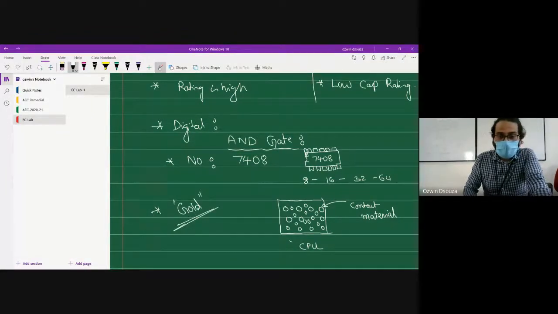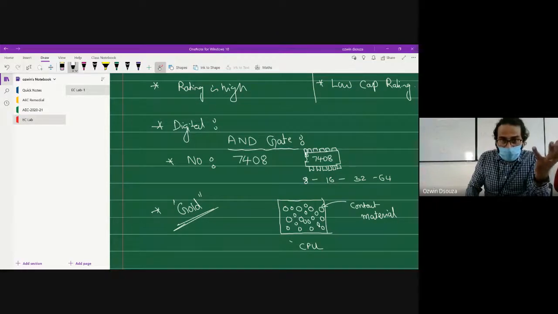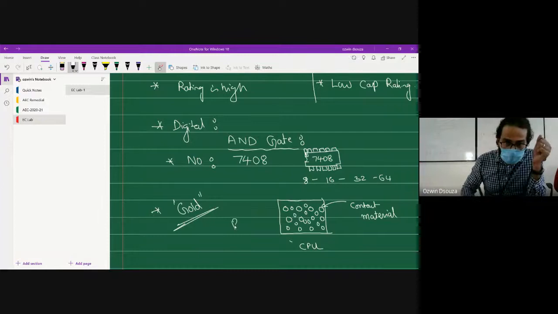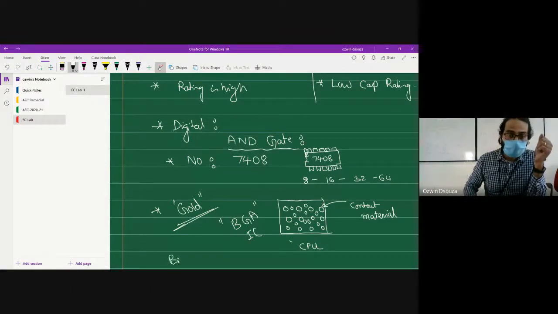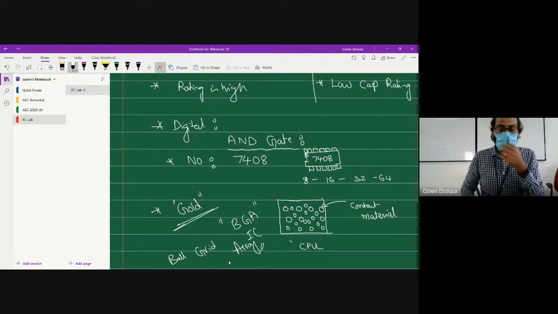That's because gold has very good conducting properties, and it is very immune to oxidation also. So gold is used for creating the contact point with the board. And this particular IC is called a BGA IC. BGA stands for ball grid array. That's the reason